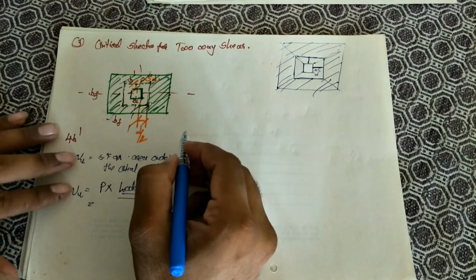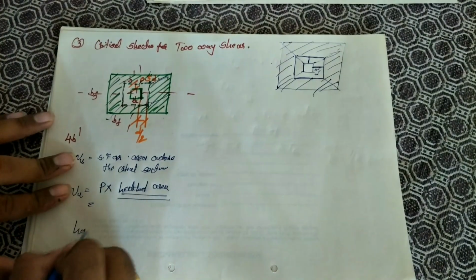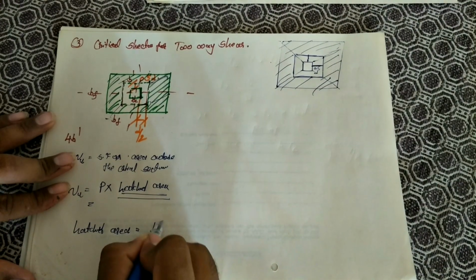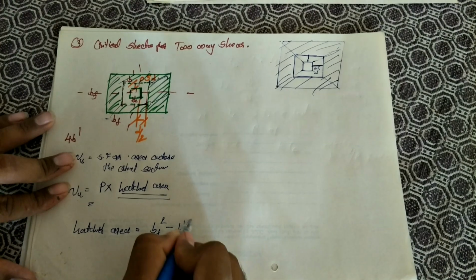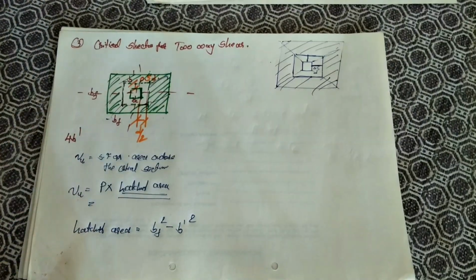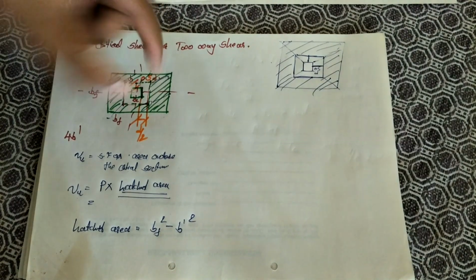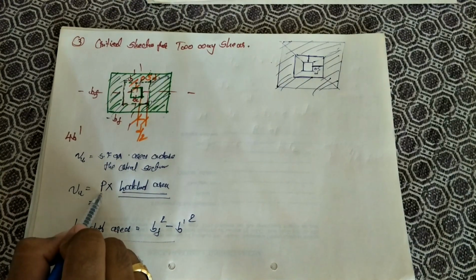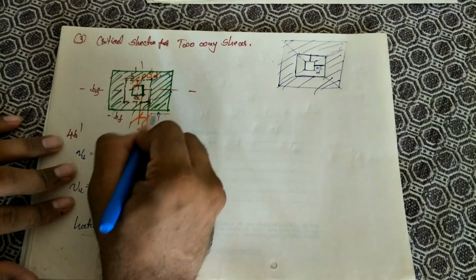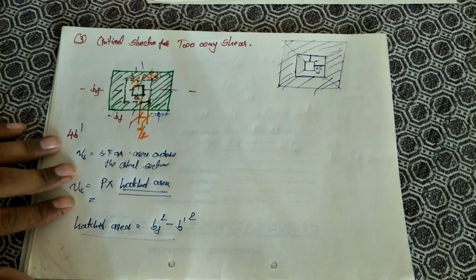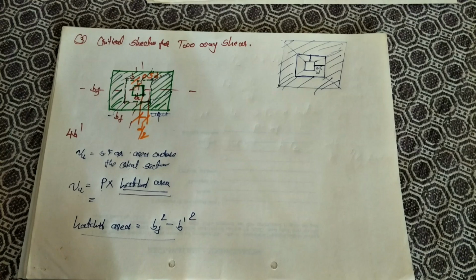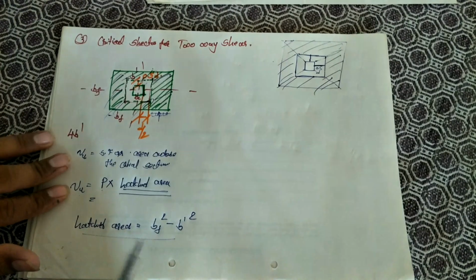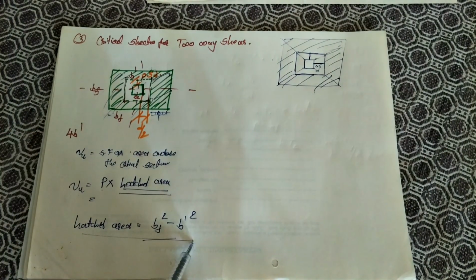So the hatched area is on both sides, so you can write the width of footing squared minus the width of this b dash squared, the width of one hatched area on one side. This is how you can calculate this hatched area, and P is your net upward pressure on the hatched area, whatever the upward pressure is, and that area is capital Bf squared minus b dash squared.